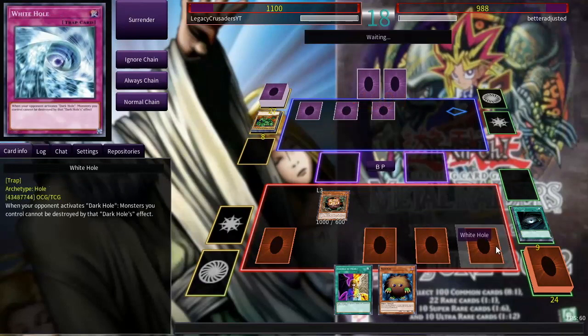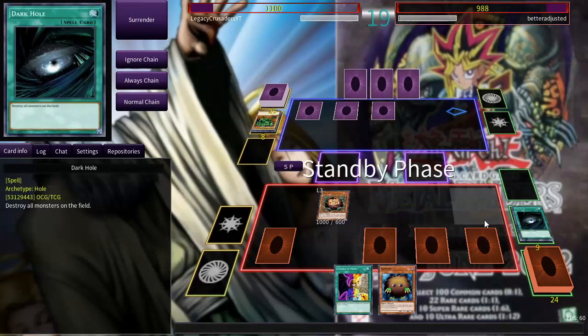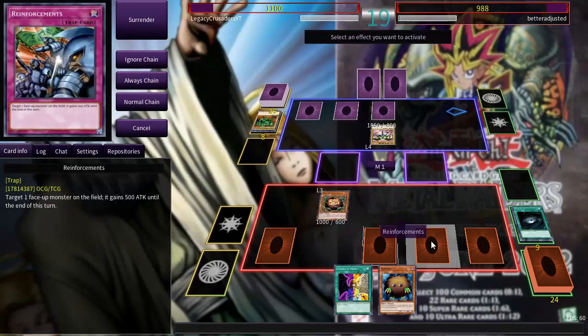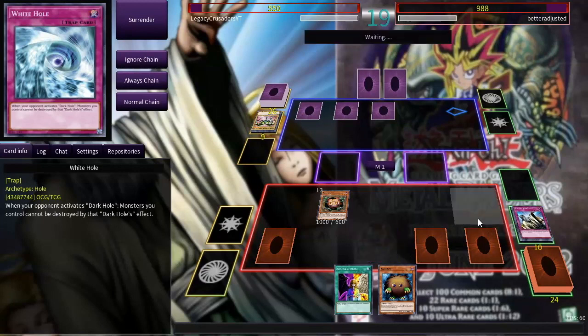Very disrespectful Sangan there. You have the weirdest life point count ever. 988. That back row makes me nervous. You just got a top deck Heavy Storm or Pot of Greed into Heavy Storm. This I'll have to do. I feel like I should do this now. Ouch. I had it before. Very ouch. I had it before, but I had to play it if I let you keep your monster. My life was low, so...